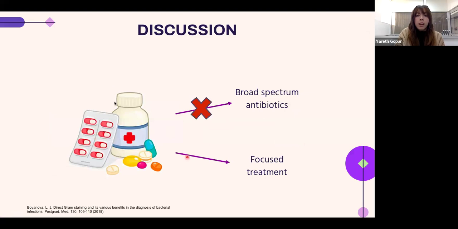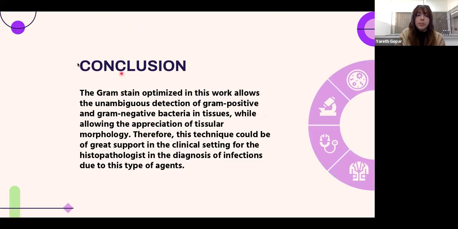Considering all this, Gram stain in tissues could be great support when choosing the initial antibiotic treatment, and thus avoid unnecessary use of broad-spectrum antibiotics, and instead help choose a more focused treatment. And to conclude, the Gram stain optimized in this work allows the unambiguous detection of gram-positive and gram-negative bacteria in tissues, while allowing the appreciation of tissular morphology. Therefore, this technique could be of great support in the clinical setting for histopathologists in the diagnosis of infection due to this type of